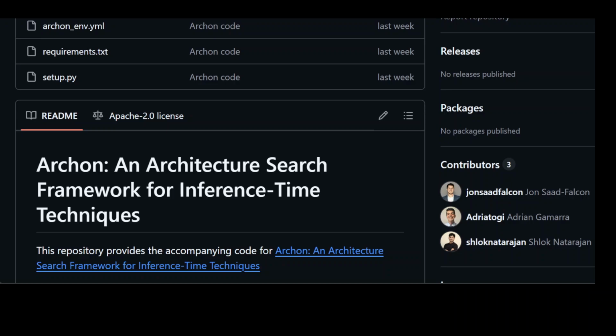In this video we are going to have a look at this new tool called Archon. Archon is pretty interesting in a sense that it deals with a real world problem. New techniques are improving all of these LLMs, but it is still unclear how to best combine these techniques. To solve this, these researchers have created Archon, which is a tool that automatically designs and optimizes how LLMs work together. Archon tested various combinations and outperformed top models like GPT-4 and Claude 3.5 on several benchmarks, improving performance by